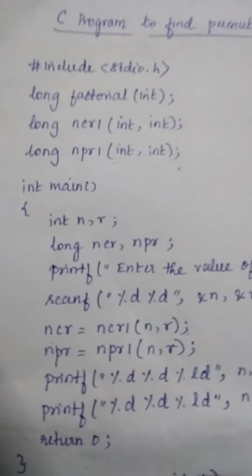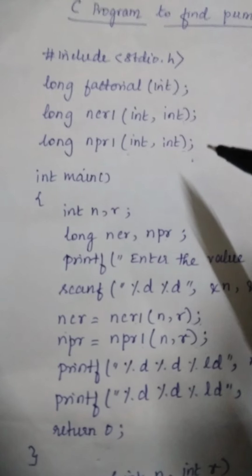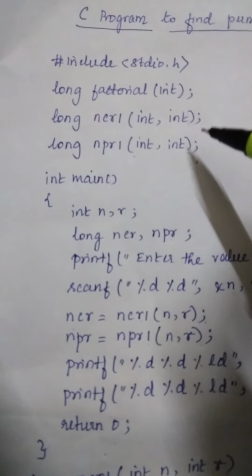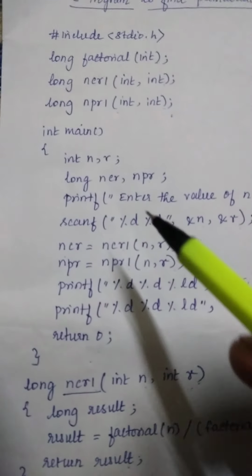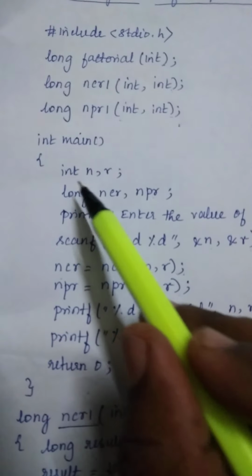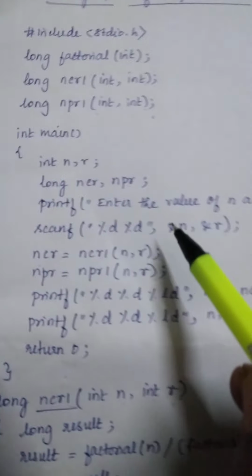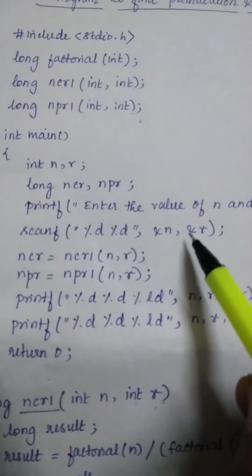Now, let's see the program. Here we are taking a function program. The function declaration is here. We are using 3 functions, and the main program is this. We have 2 integer variables, 2 long variables, and we are getting the values for n and r. We are scanning them,